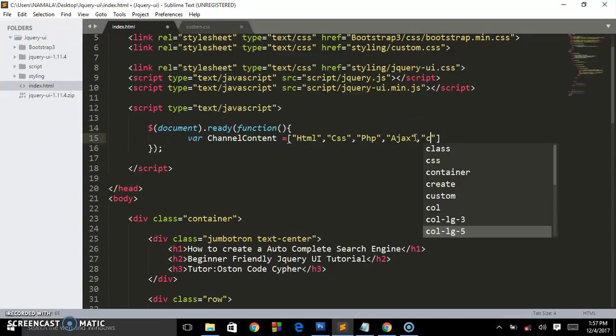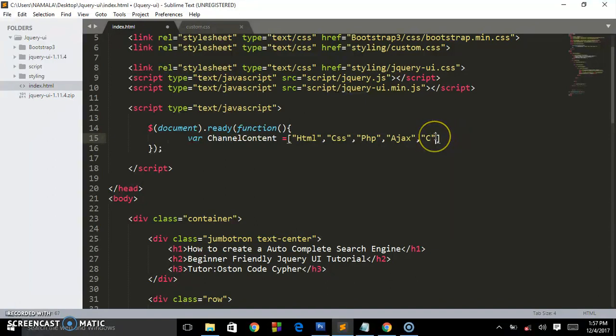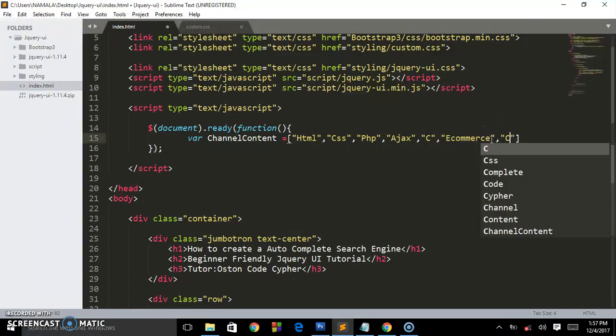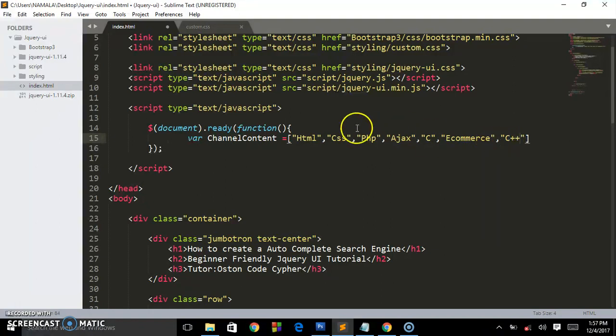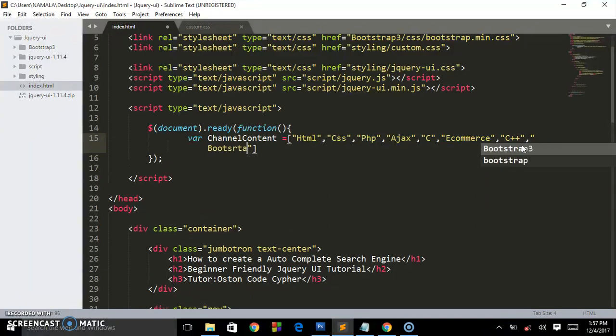There is, let's say, C programming. I also have that on my channel, you can check it out. We are having e-commerce. We can use C. I have also C++. So these are the different types of content you want the user to see. These are the types which will be filtered whenever the user is searching on your channel or website or web page. That's how even Google at times works, before you complete something it's already giving you the content. Let's say bootstrap,